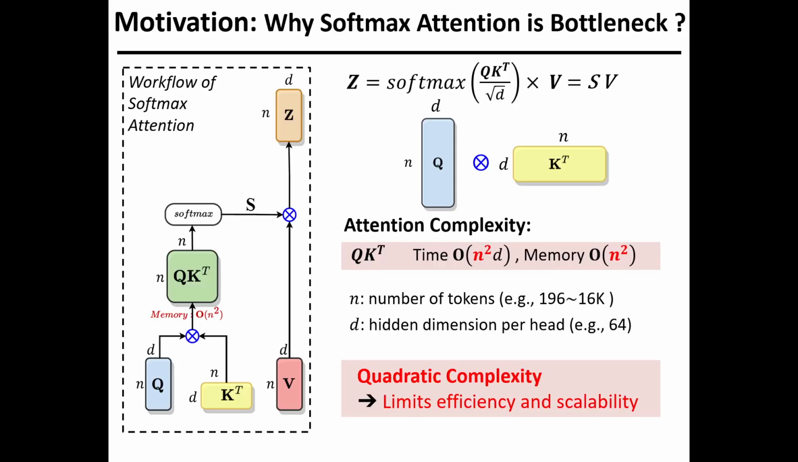To answer why softmax attention is a bottleneck, we calculate the asymptotic complexity of various computational steps in a matrix in terms of the number of patches n and the dimension per head d. It can be seen that computing and storing QK transpose has quadratic complexity in n, which is typically much larger than d, thereby resulting in challenges such as limiting ViT's efficiency and scalability, and therefore prohibiting ViT's deployment on resource-constrained